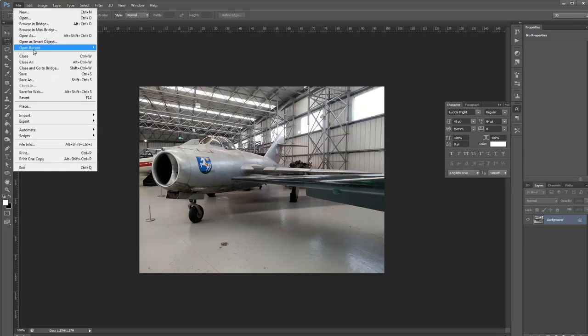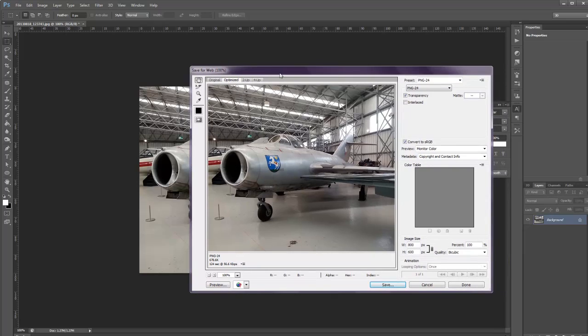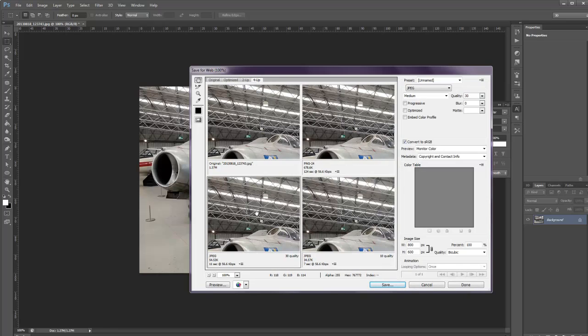And then what I'll do is I'll save for web to show you the optimization. So save for web, optimize with PNG 24, saves that out at a 679 kilobyte file roughly, with 2 up or even 4 up, and then with the JPEG of medium quality, to be honest, really I'd take that up a little bit higher to maybe 60. Is only 100k. All we have to be mindful of is save that as a JPEG,